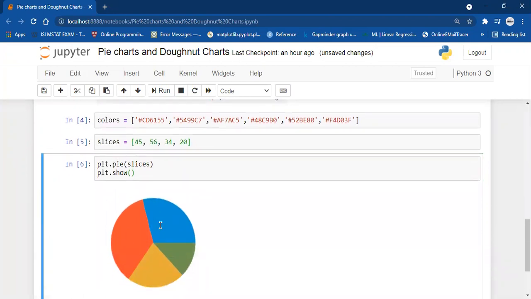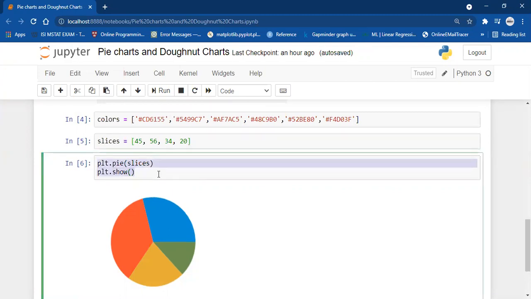As you can see, I can see four slices corresponding to the four numbers in my list. But I don't know what the red color is showing. I don't know what the blue color is showing. So we will be customizing it. First of all, I will be creating different pie charts for every customization I make, so that we can keep track of every modification we do. So the first modification: we want the borders of the pie chart to be black in color.